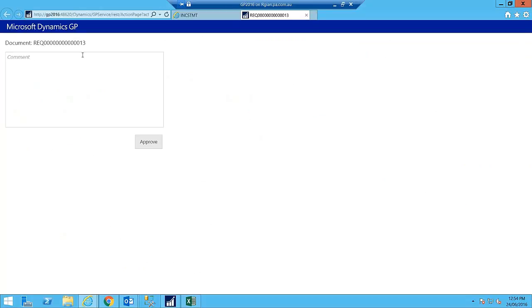I don't need to log into Dynamics GP. All I need is web access. In this case, it's just opened it up in Internet Explorer for me. Okay, to go. So as the approver, I hit the approve button there, put in my comments, and that has